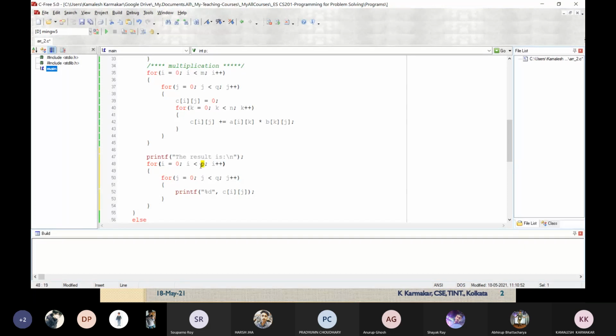Dimension of this is m and q, so that will be the result. Now if I multiply the matrices and print the result, all the elements will be printed in the same row, because we don't have any new line here. So after printing a row, I can add one more statement to print a new line.